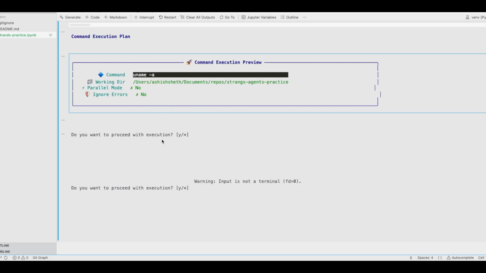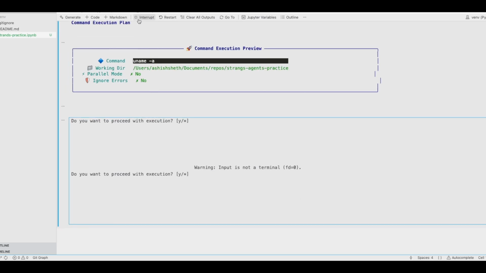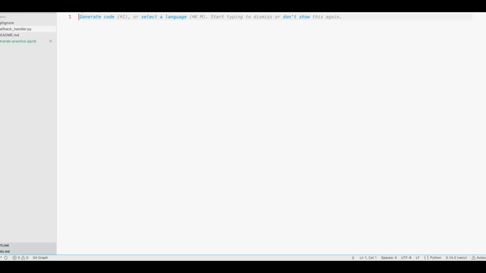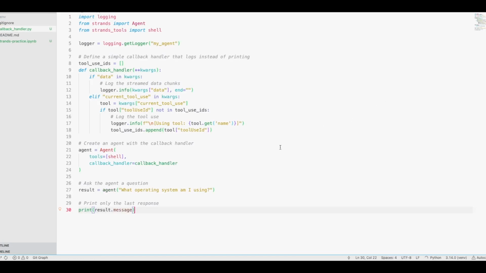If we run in normal shell command, then it will work. So let us interrupt and run this as a shell command. And we'll define a Python file here called callback handler.py,